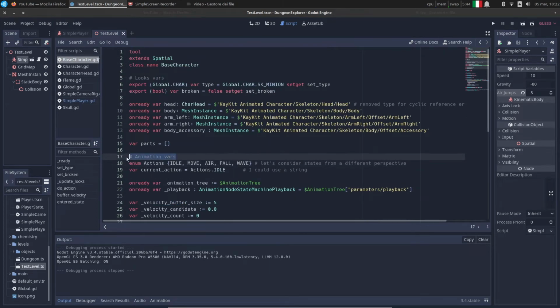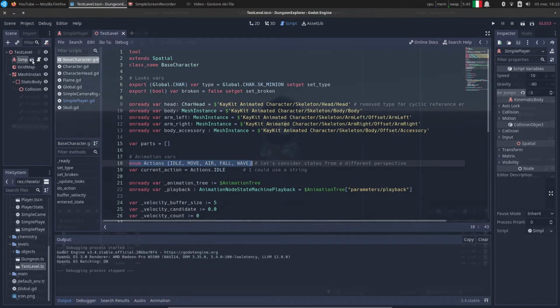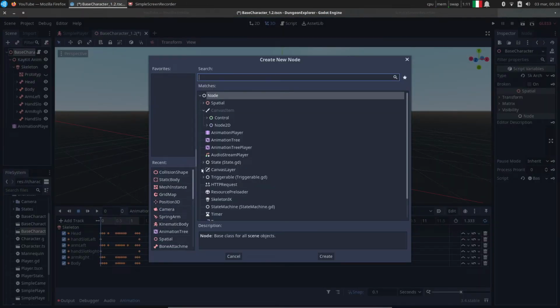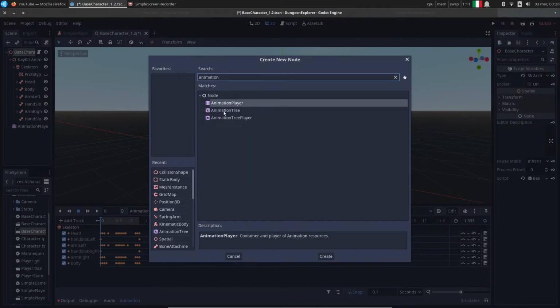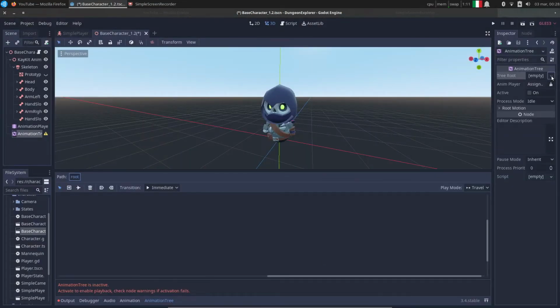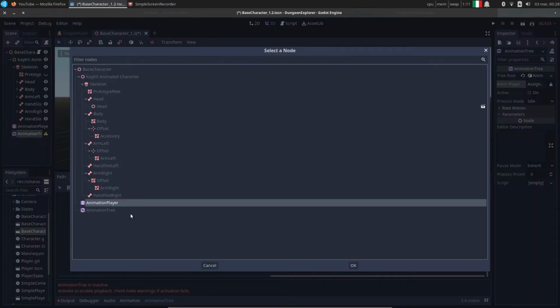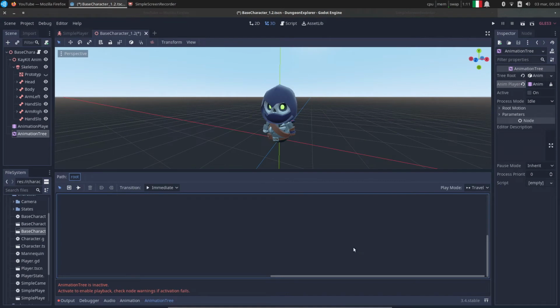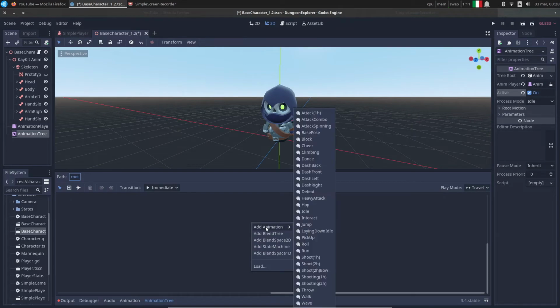As you can see, beside the variable used to update the looks, we have an enum with currently supported actions, and a var to keep track of current action that we set idle as default. To understand this action, let's go to 3D view and then we add an animation tree. In inspector, we set tree root as animation node state machine. Then we assign our animation player and set tree as active. We will use the finite state machine provided by this node instead of writing one from scratch. This may not be the optimal solution, but it is possible to reduce a lot of code while taking advantage